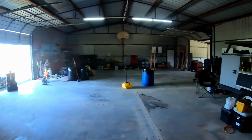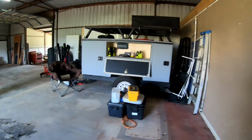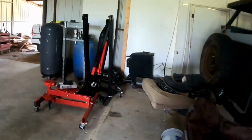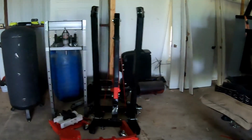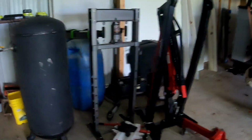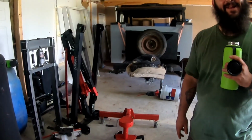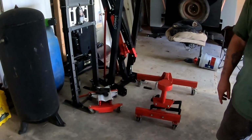Woo! Opens up to the rest of the shop. Like I said, the overland trailer that we're gonna cut down and put on its own frame. All the tools that are starting to make their way out here from Patrick's two-car garage. Yeah, buddy, I got room again. Patrick now has room in his garage where he can move around, and these are taking up no space